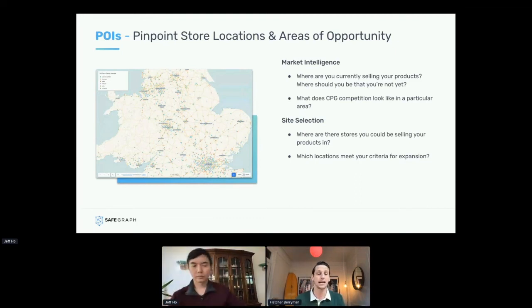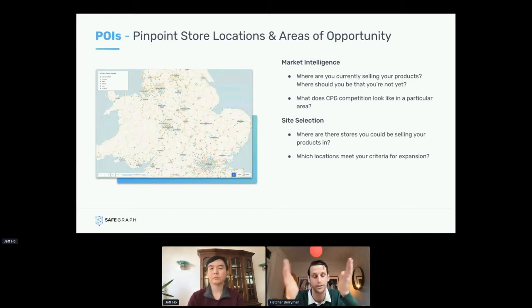And then finally, if I actually own my distribution and I'm not going through a wholesaler, which sometimes isn't necessarily mutually exclusive, maybe I'm doing both, but in any case, if I have 500 Fletcher's protein bar stores, I hope there are never stores that only sell one type of protein bar, but if there were, I want to know where to put my next 10 stores and to make sure that I'm not cannibalizing my own stores, unnecessarily competing against Jeff's protein store, and ultimately making the best bang for my buck happen location for location,